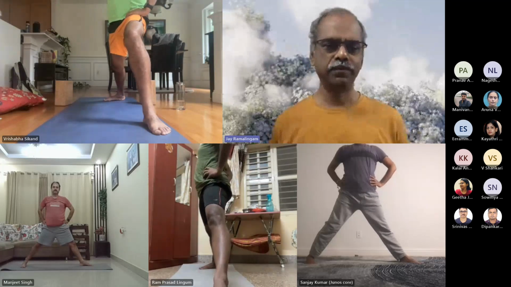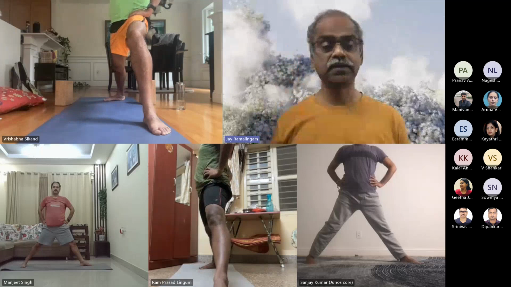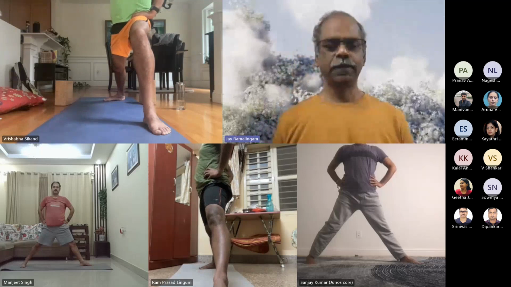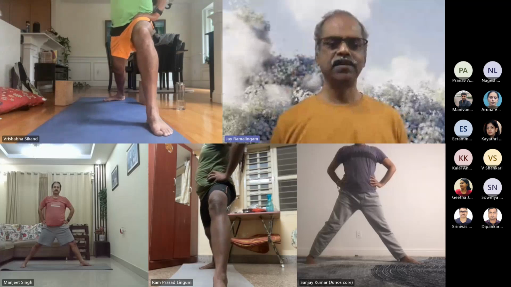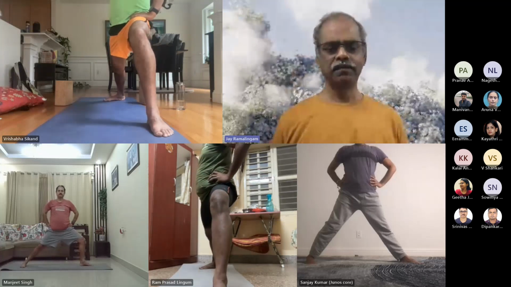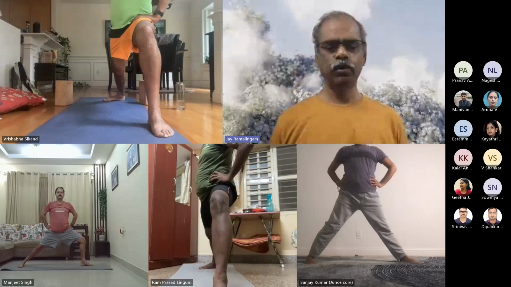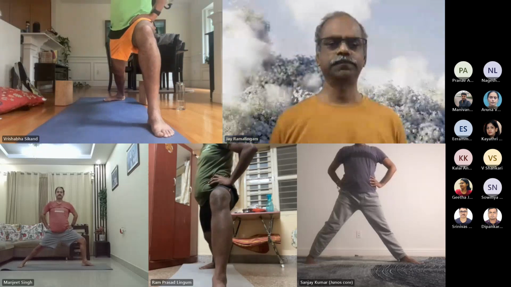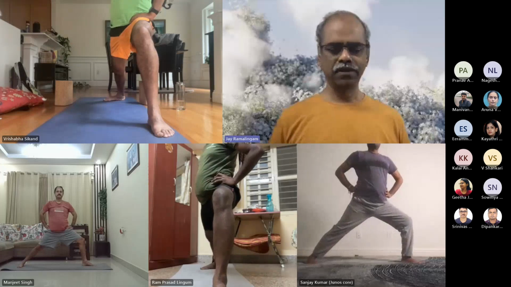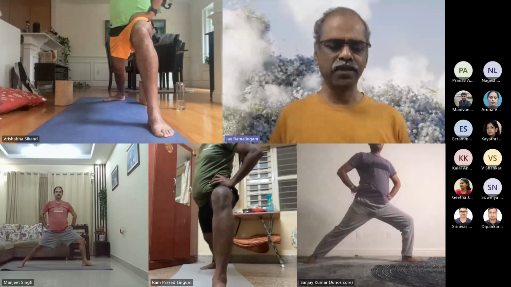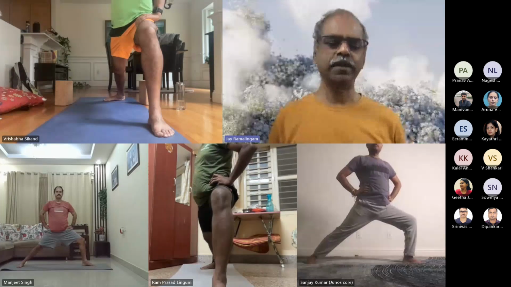We are approaching Veerabhadrasana, second variation. Gently start bending the knee and send the knee right toward where your left toes are pointing to. And when you bend, it may be that your knee is going inside of your left big toe.